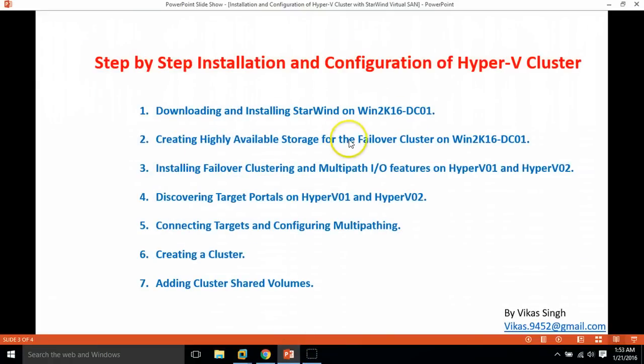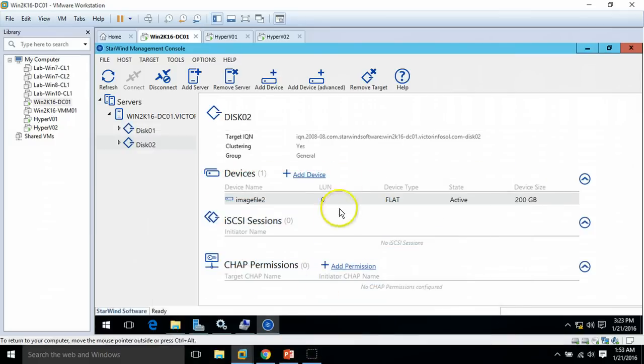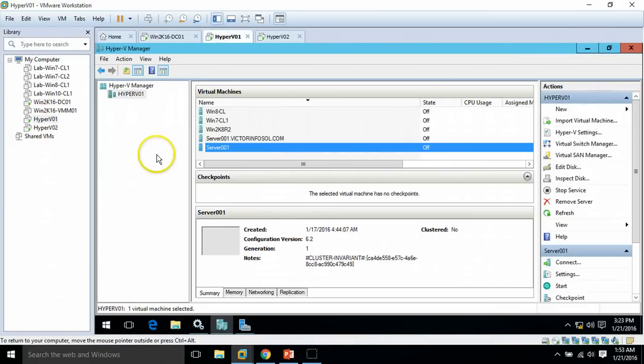So I have done two things. I have downloaded and installed Starwind on DC01, and I have created highly available storage for failover cluster on Win2K16 DC01. And the next step, install failover cluster and multipath I/O feature on both Hyper-V servers. So I am going on my Hyper-V 1,